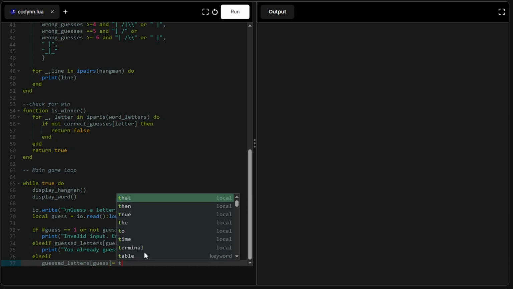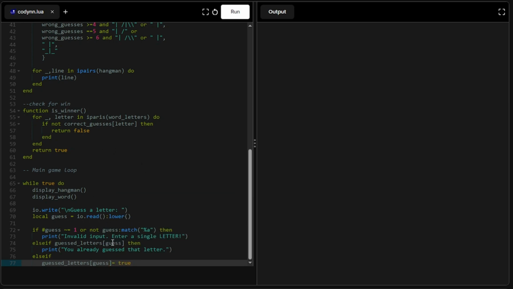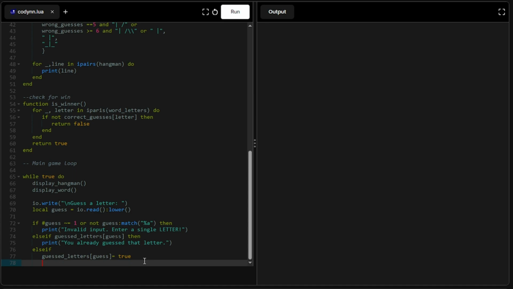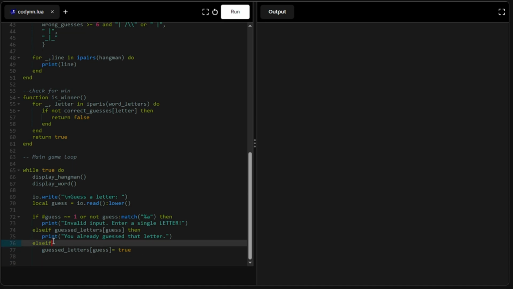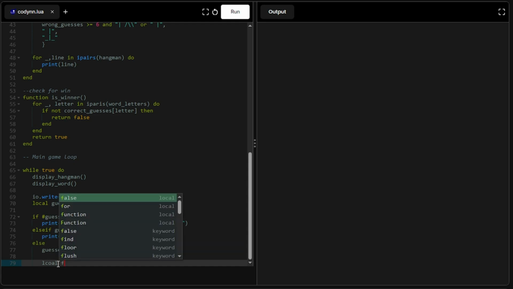That is, we will add the letter that the user guesses into our guessed letters table as a key, and its value will be true. So this is adding our guessed letters into the guessed letters table. This line does that. Now after that, we'll create, no, this should be else actually, this should be else, and after that we will create a local variable called found. So local found